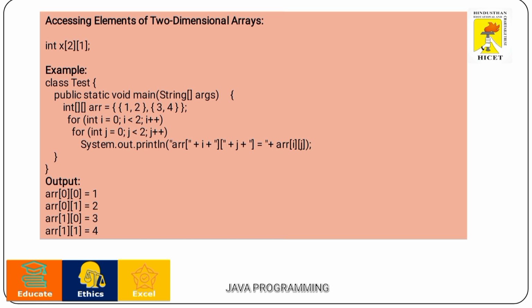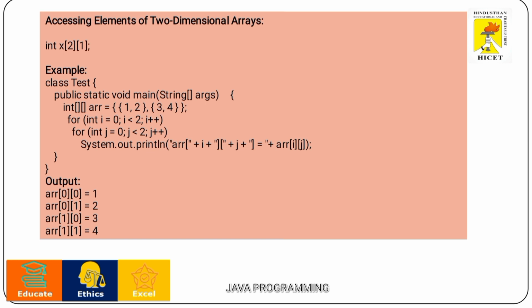And if we need to access the array elements, we need to use a for loop. So here we used 2 for loops for traversing the two-dimensional array. If we use a one-dimensional array, we need to use one for loop, and similarly for a three-dimensional array we need to use 3 for loops. And this for loop statement will print the values of the array,